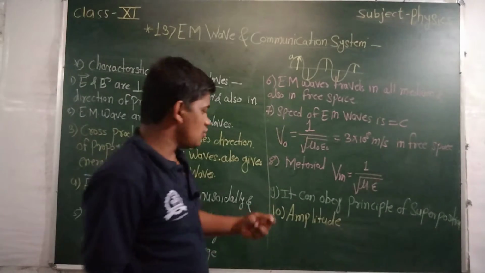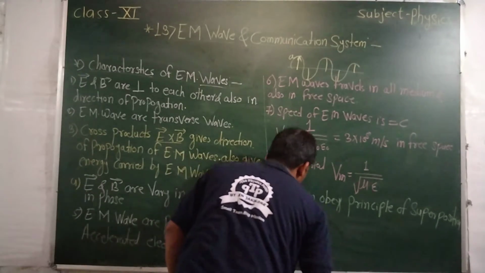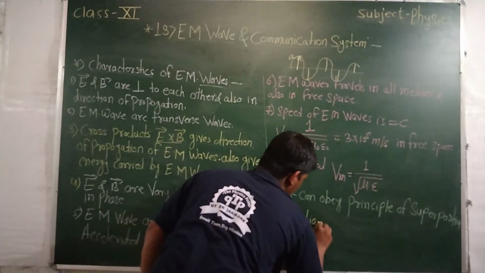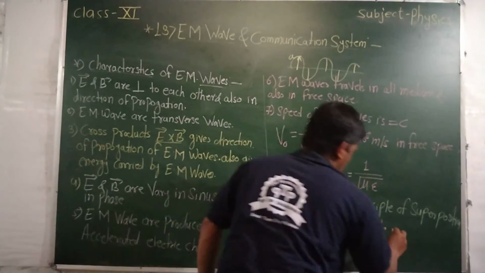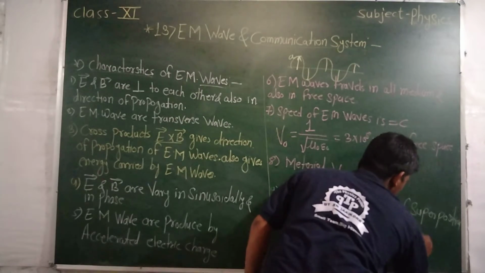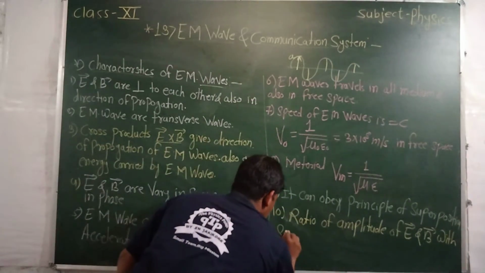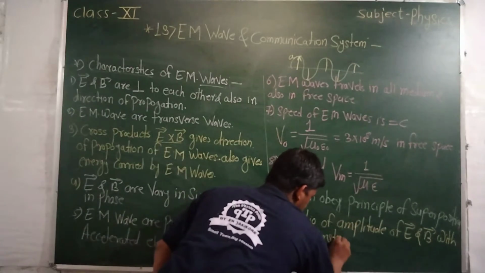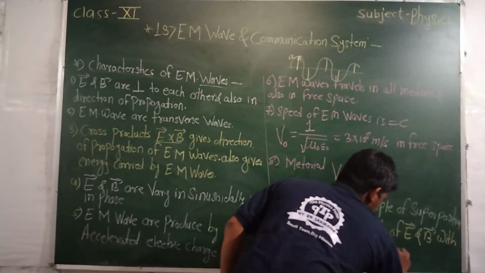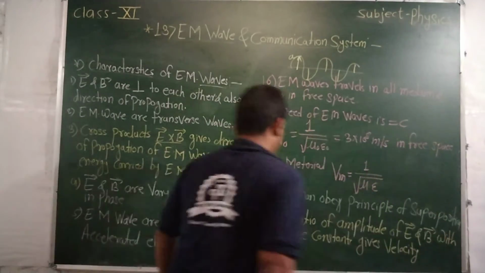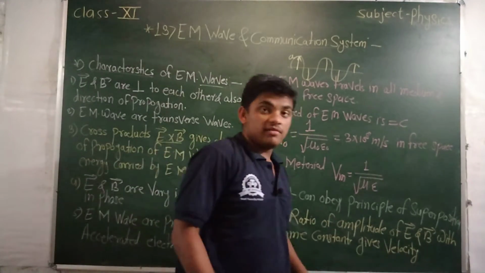Then the ratio of the amplitude of the electric and magnetic field, with some constant, gives the velocity of electromagnetic waves. Before writing the formula for the ratio of the amplitude, let me revise